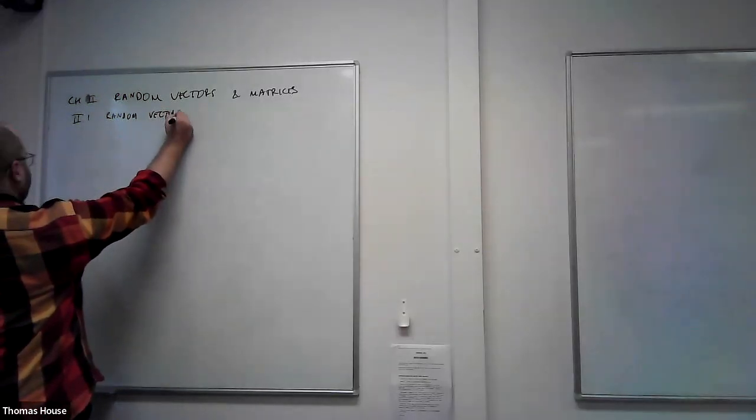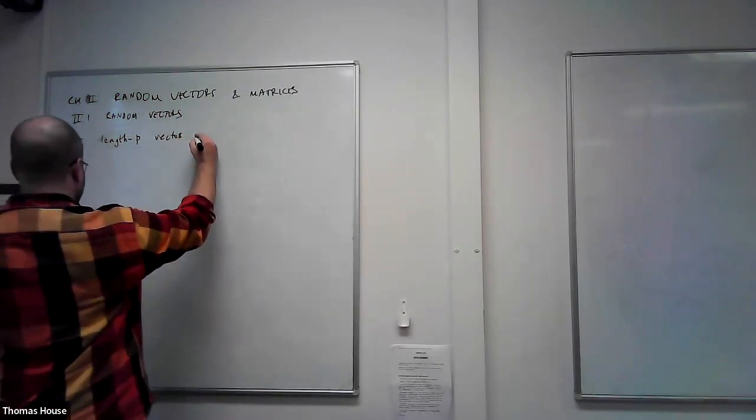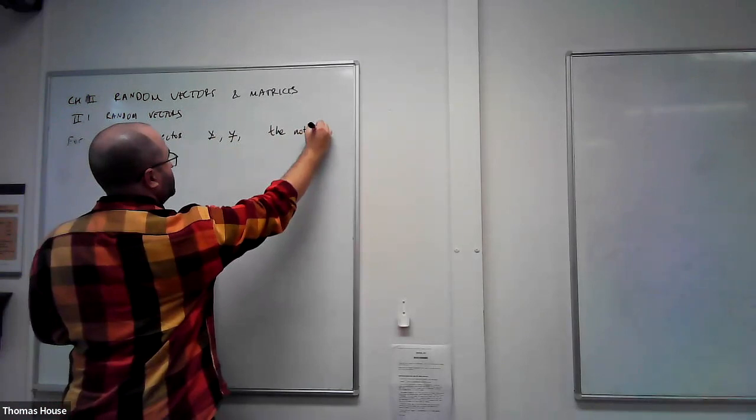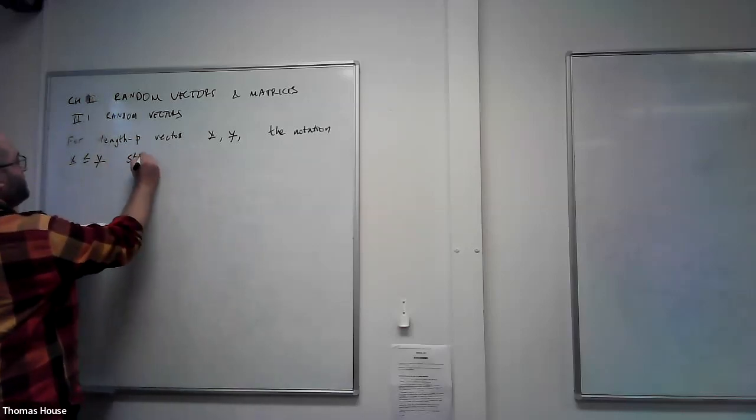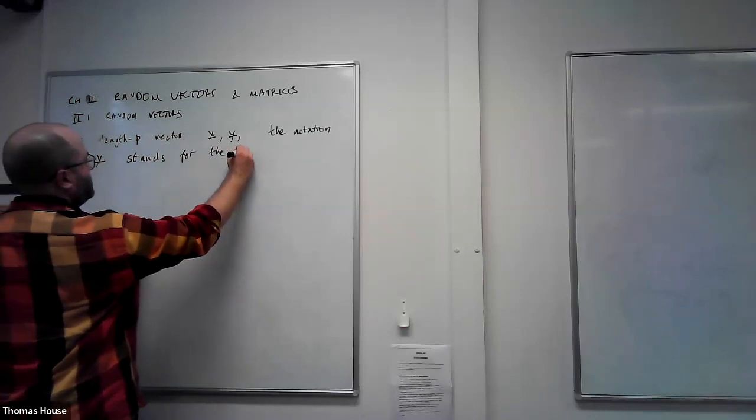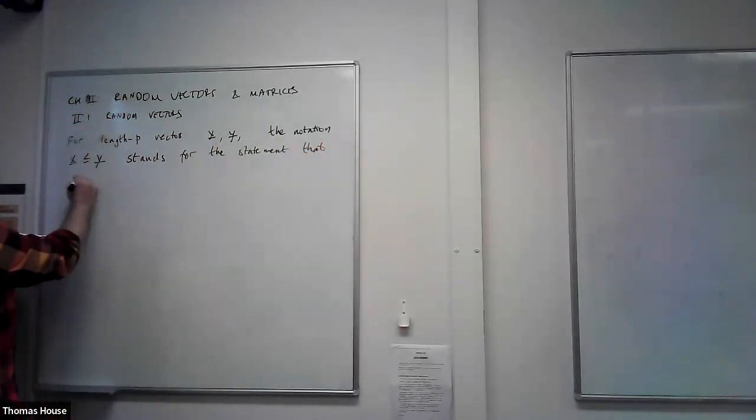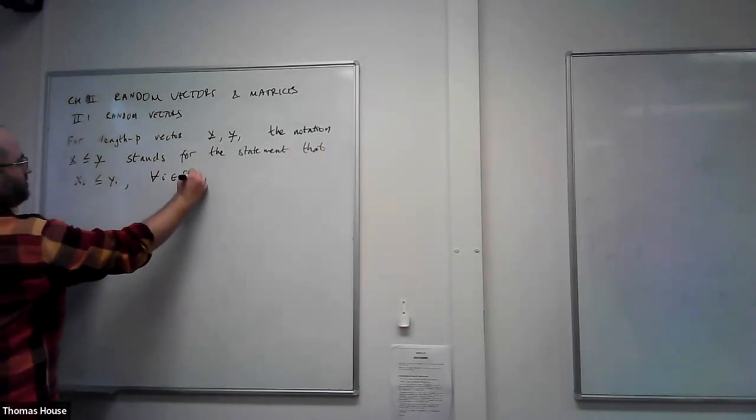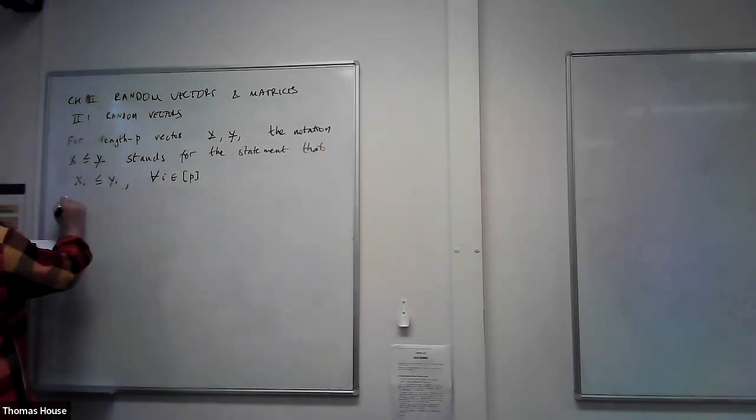So a bit of notation for length P vectors X and Y. The notation that vector X is less than or equal to vector Y stands for the statement that xi is less than or equal to yi for all i. And then we use this square bracket notation to mean all the integers from 1 to p. Okay. So we're going to define